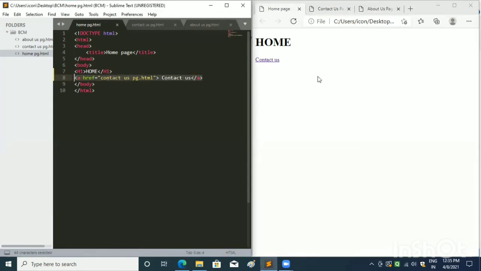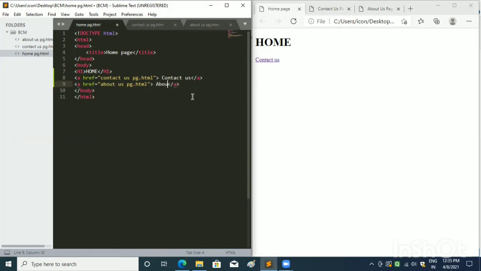To give the address of the second file, I will copy it and paste it below it. Now I will write the address of the second file, that is the about us page. I will write about us in the anchor tag.